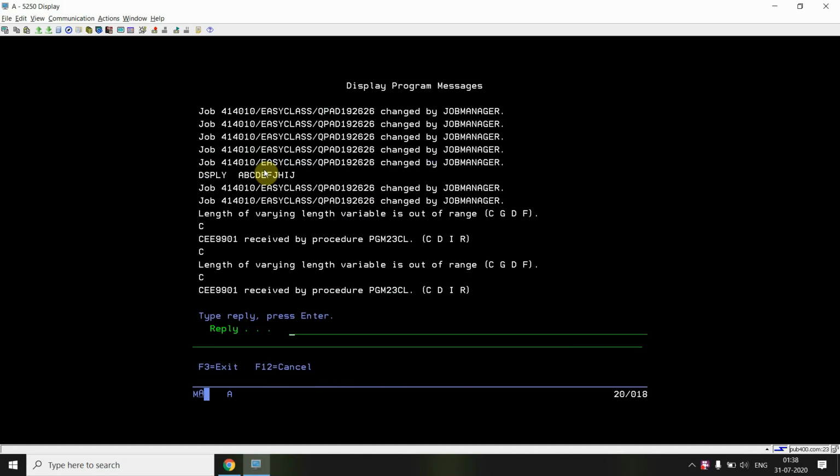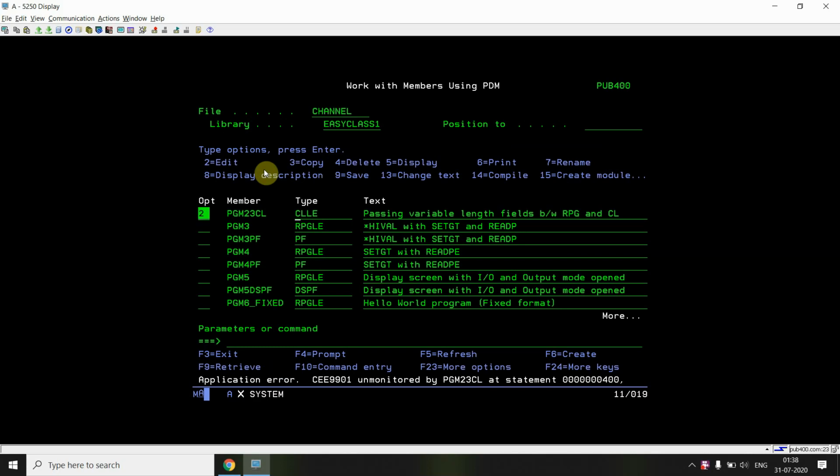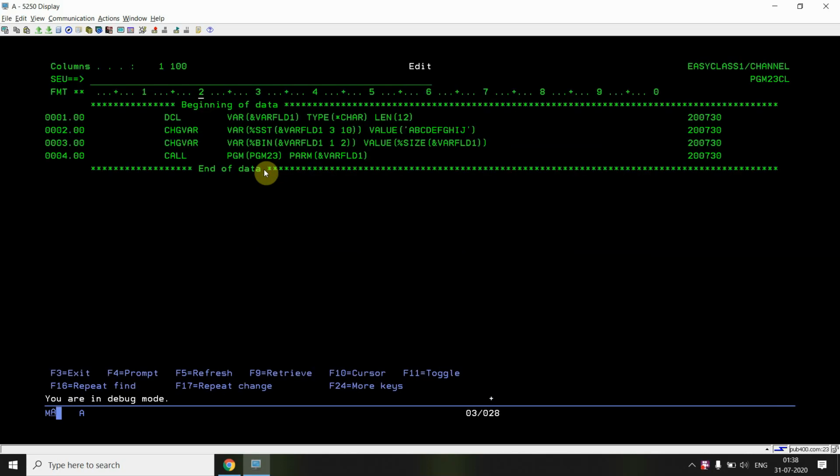Because the field is of length 12, I'll be getting the value 12. So I have to subtract 2, declaring this as minus 2, because I have to deduct two from the length which comes out of this.